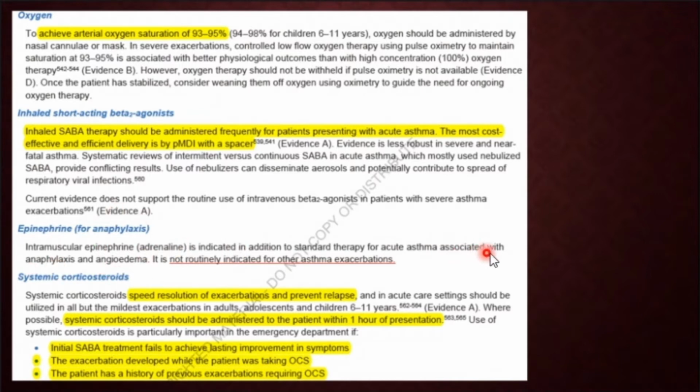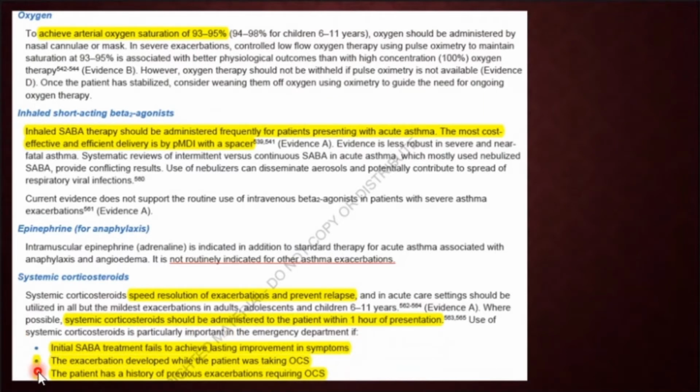Now, systemic steroids. Again, the role of systemic steroid is to speed the resolution of exacerbation and prevent any relapse. Systemic steroid should be administered to the patient preferably within 1 hour. And the other indication is when you're already using high SABA treatment and that is still not providing any relief